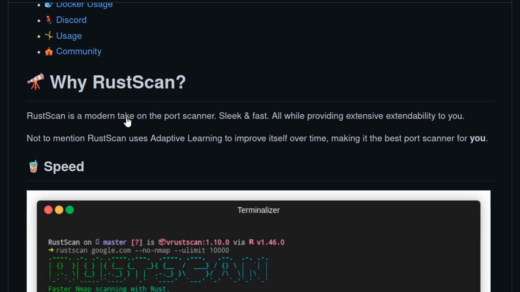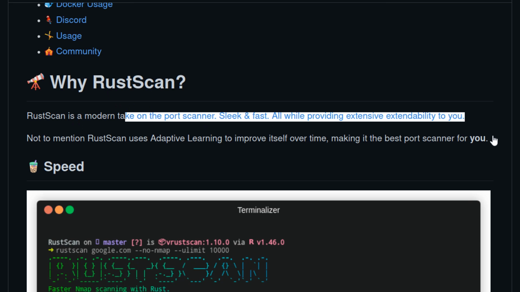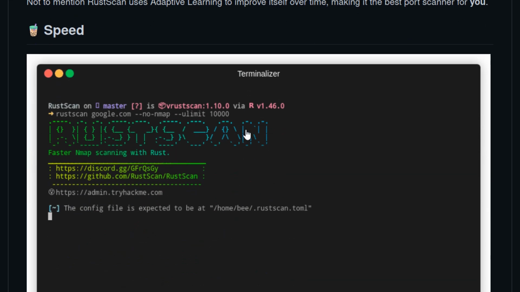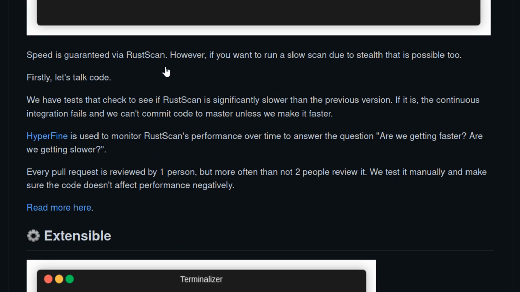Why should we use it? Well, the main argument obviously is speed, that it's a lot faster than the alternatives. Speed is guaranteed via RustScan, however if you want to run slow due to stealth, that's also possible. So as we saw in that case where we just ran a Masscan, Masscan runs very quick. Obviously you can set the rate on it. I had the rate set quite